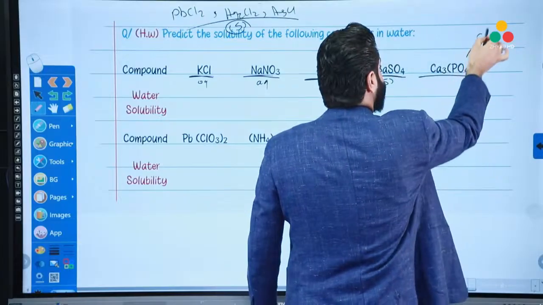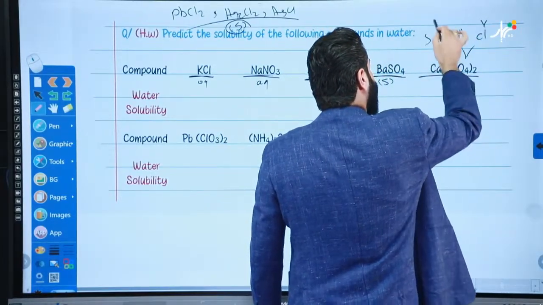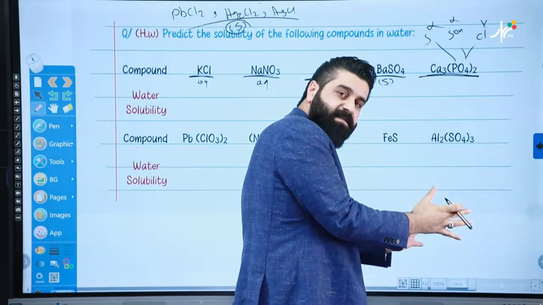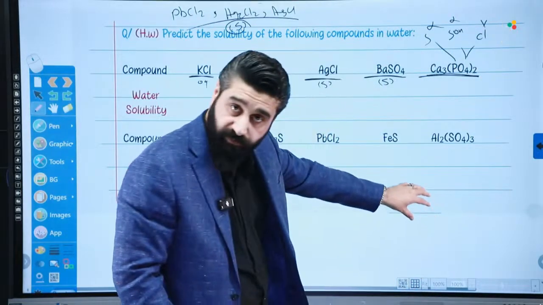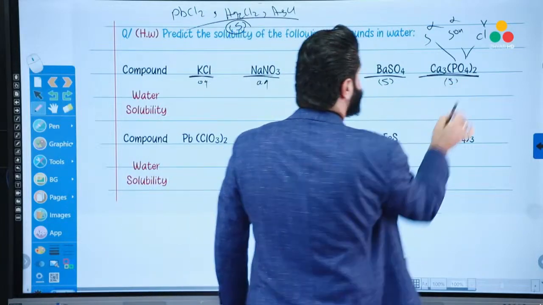Ca3PO4. There's no Cl, no SO4, no S. Okay, so this is the last rule. And we have none of the following ions that we explained here, hopefully you remember, in the previous page. So this is solid also. Another one,